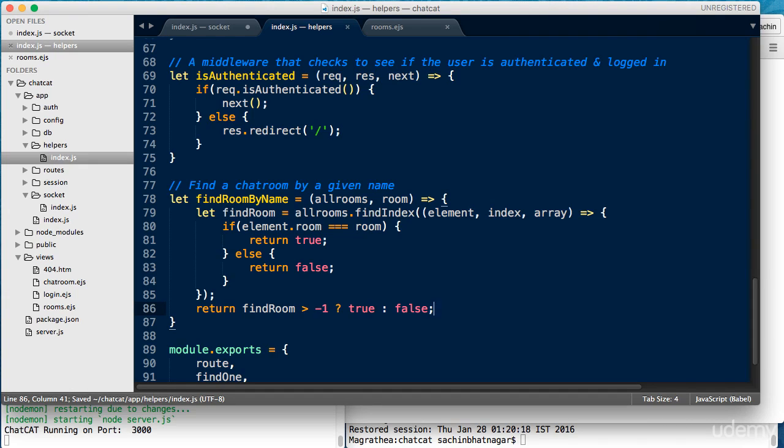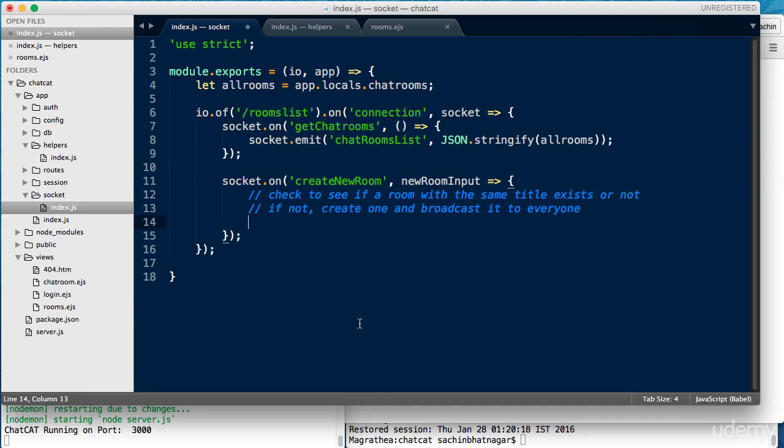I must mention that I'm using a simple equality operator in the find index callback when we are trying to match the name. This can obviously be fooled easily by typing in a different case, for instance, or including spaces or other characters. However, here, as a learning exercise, I've deliberately kept it this way. I invite you to implement a mechanism whereby this match is performed more thoroughly, perhaps using a regular expression to ensure zero slippage.